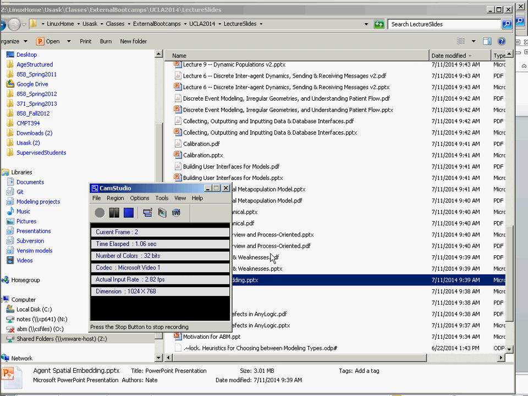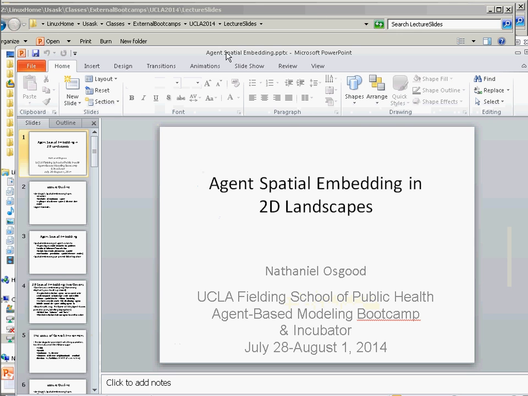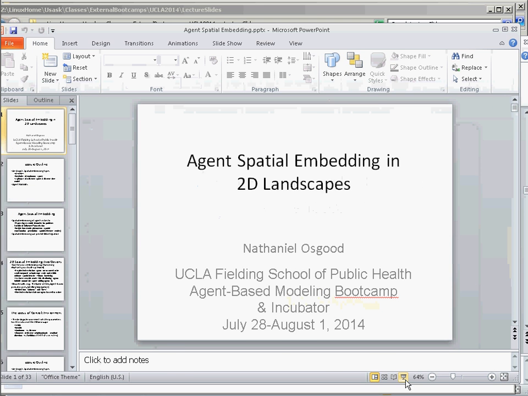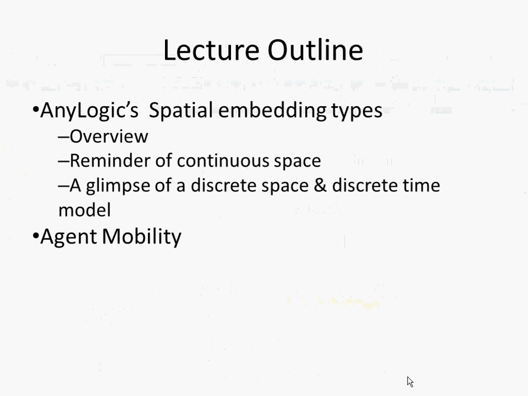Spatial context of individuals. Okay, so I'll start this up here. We're going to be talking about how AnyLogic offers spatial embedding in two-dimensional landscapes. AnyLogic has a very sophisticated three-dimensional representation as well, which we won't be going into. We'll be taking a look at two different ways in which AnyLogic represents space, one discrete, one continuous, and look